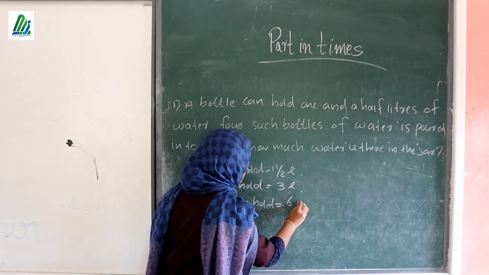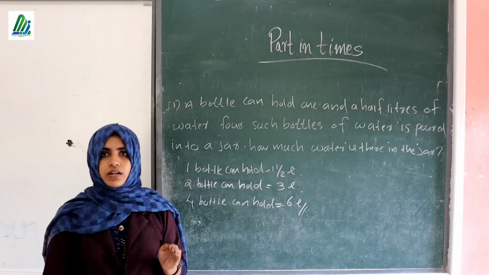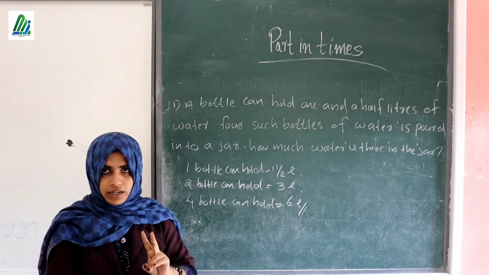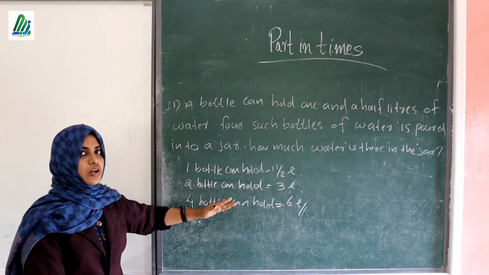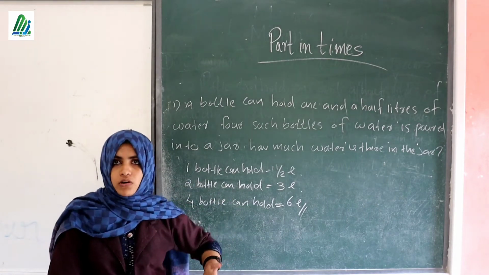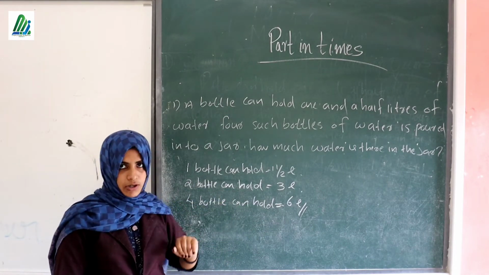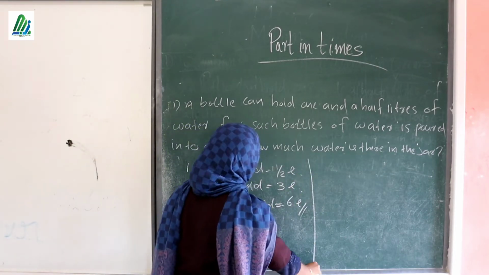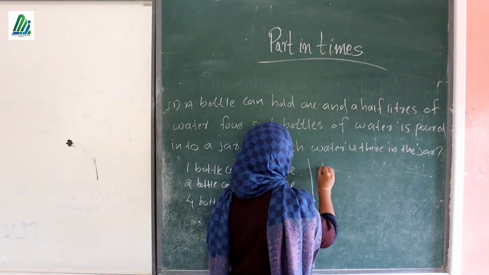Okay, 6 liters, which means 1 bottle holds 1.5 liters, then 2 bottles hold 1.5 plus 1.5, which is 3 liters. Again 2 bottles hold 3 plus 3, which means 6 liters. So this is one method for solving this question, and another method is, here the number of bottles is